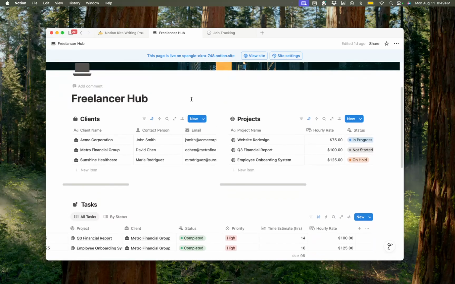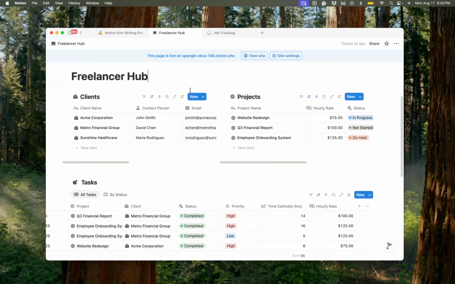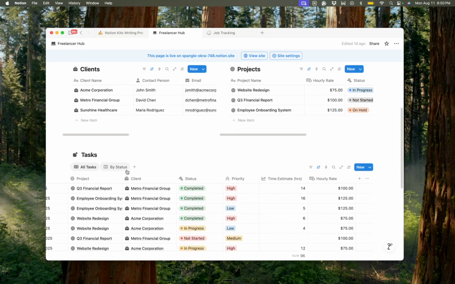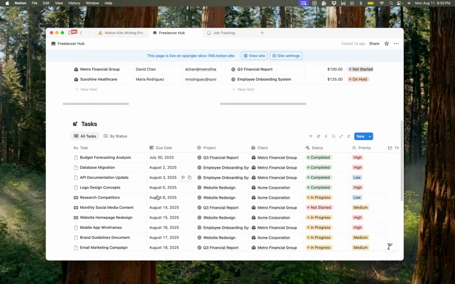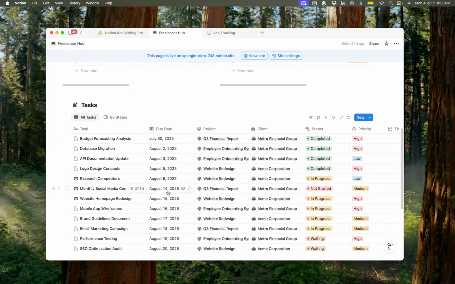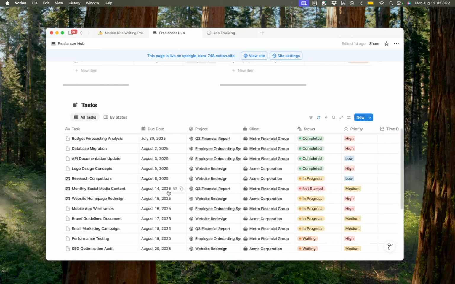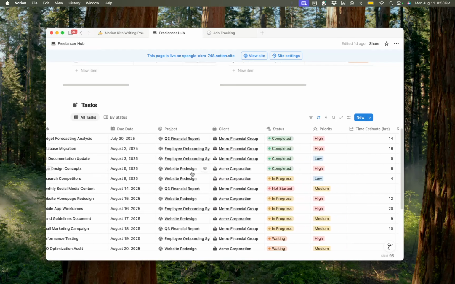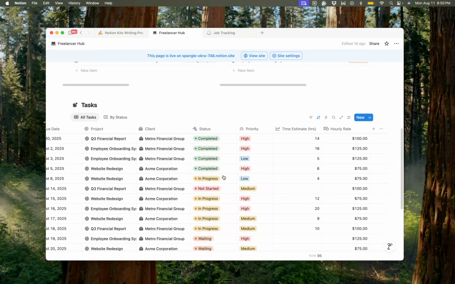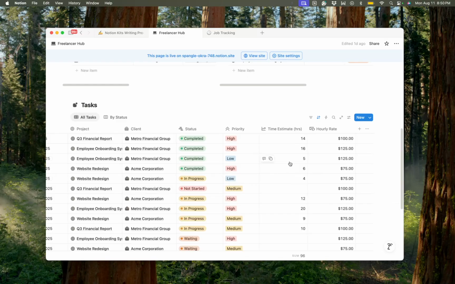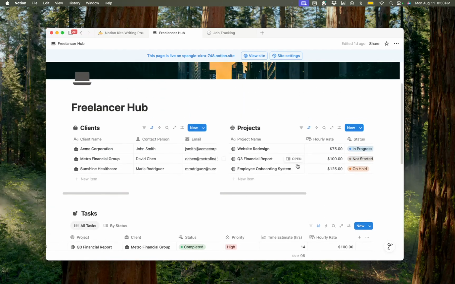Pretty cool. It's simple, but it's broken up into three key parts of any freelance business, that being your clients, those client projects, and the tasks for those projects. Now you can see this is simple, but has some really valuable data that we'll have ChatGPT use to create a report card of our time allocation for things such as due date, the project, the client that it's associated to, status, priority, estimated time spent, and the hourly rate per those tasks, which is actually a relation to this